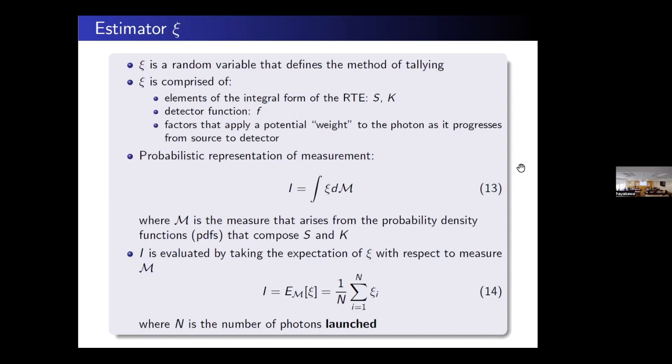And the way you sample it is you sample a number from 0 to 1, come into that CDF, come down and see, okay, this is the distance I'm moving. Finally, once you have that estimator, the expectation with respect to that measure is evaluated by summing all the random variables over N, the number of photons launched. Not the number detected, but the number launched.